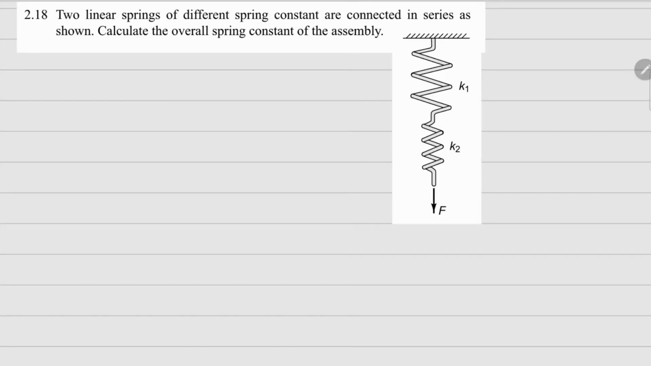This one is 2.18. Here there are two linear springs of different coefficients or spring constants, K1 and K2, and they are connected in series. Okay, and we have to calculate the overall spring constant. So for the overall spring constant, what we can assume is that there is this effective spring sitting here which has